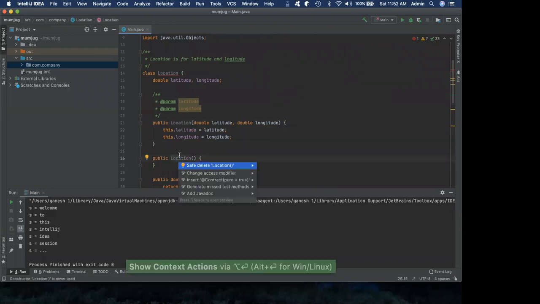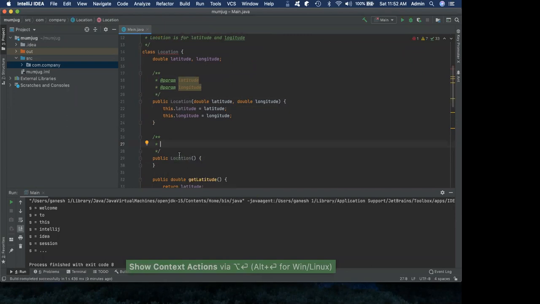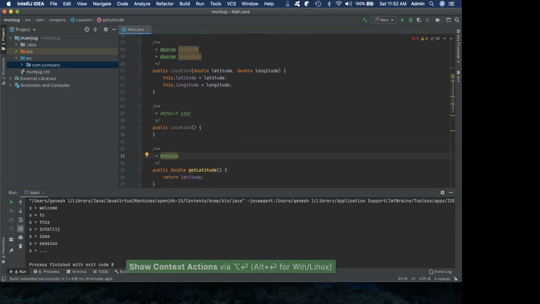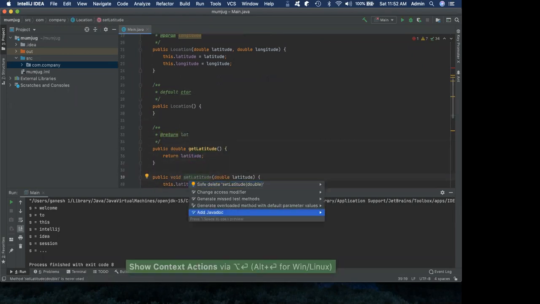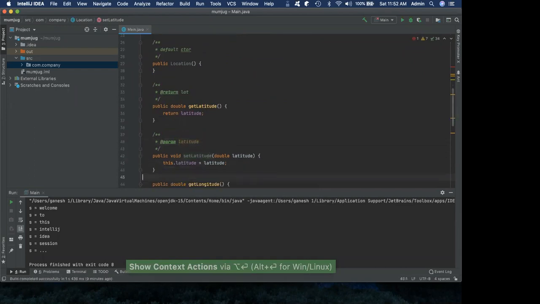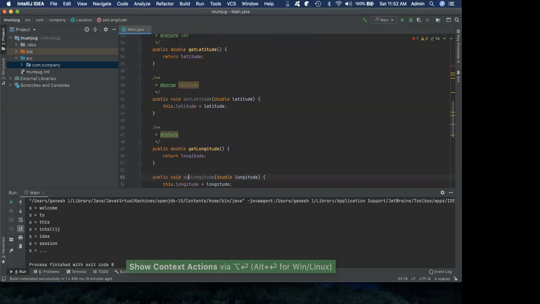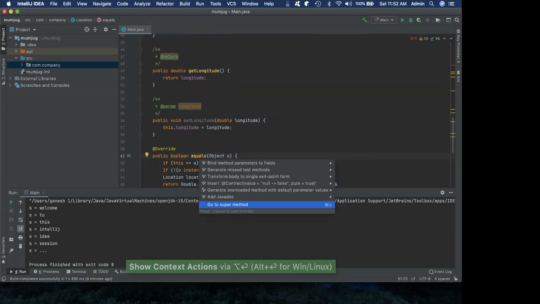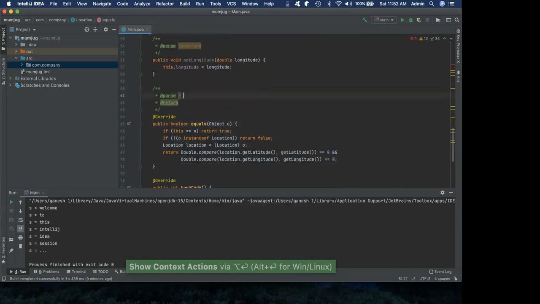So add the Javadoc, default constructor. Then the next one, add the Javadoc for the same, latitude, and then the longitude, and so on. I think you're getting the idea, right? So I can add the Javadocs very easily. I can create the test cases relatively easily, and so on.